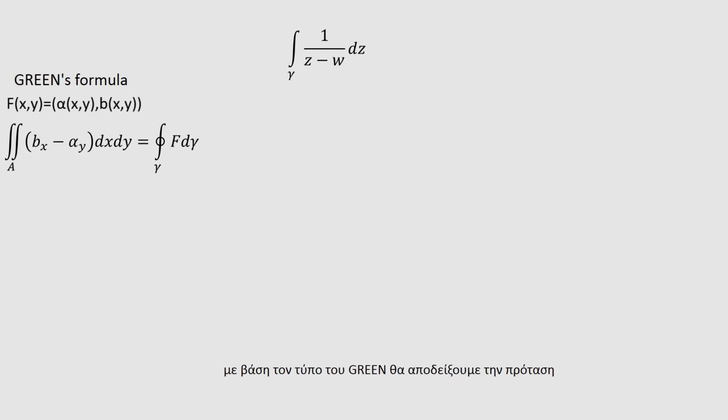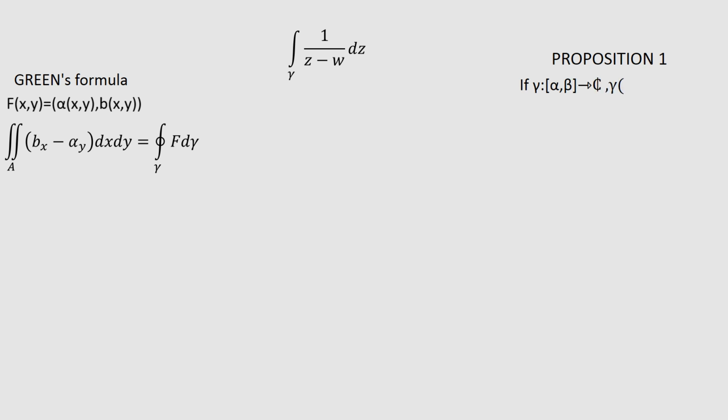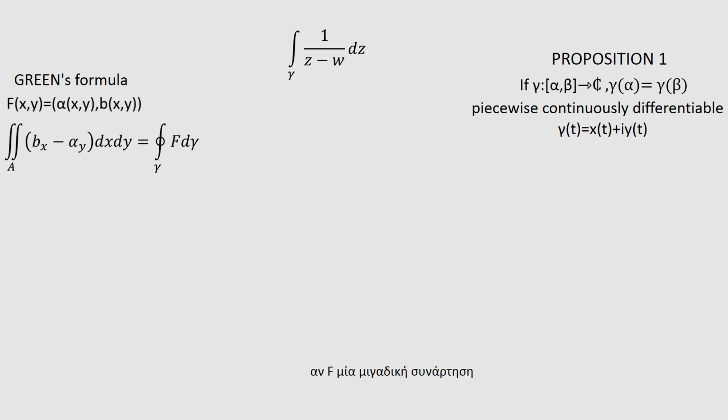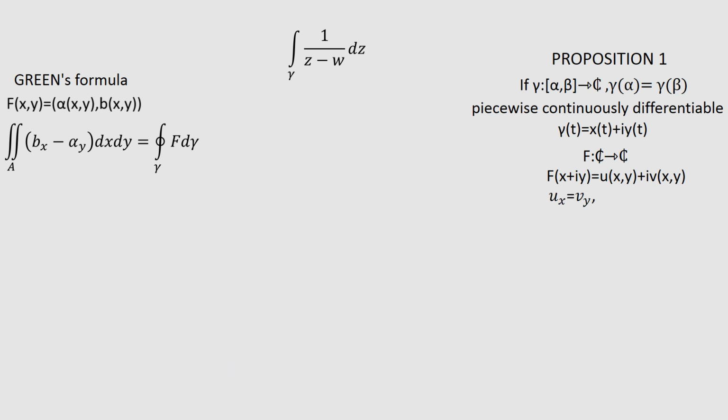Based on Green's formula we will prove the proposition. If gamma is a closed and piecewise continuously differentiable curve in the complex space, if f is a complex function, and for the functions u and v the partial derivatives exist and are continuous in the region enclosed by the curve gamma and satisfy the relations, then